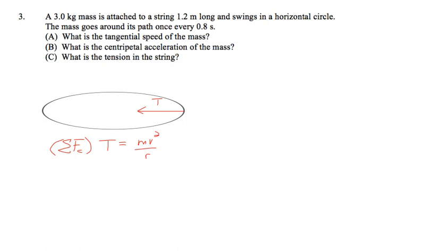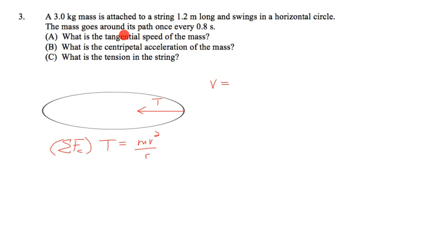Now, part A says what's the tangential speed, which is what I'd have to solve anyways. Even if I wanted to get the tension, I would have to solve for the tangential velocity to get it. So it's just breaking down the problem into things that I would have to solve anyways. So in part A, the tangential speed is v. And my starting point is